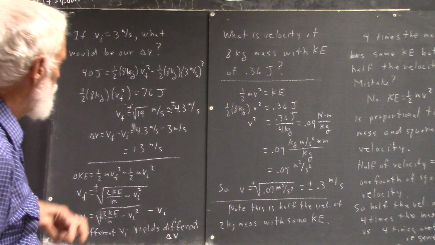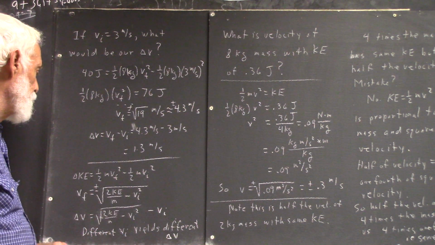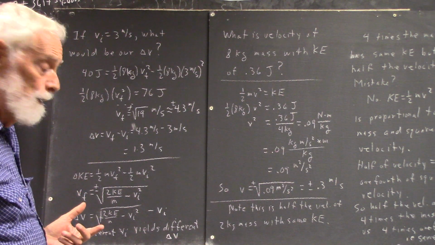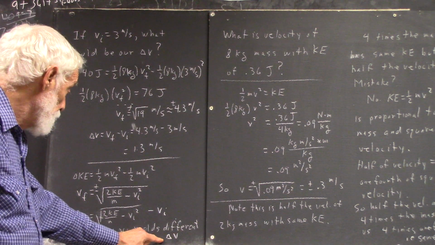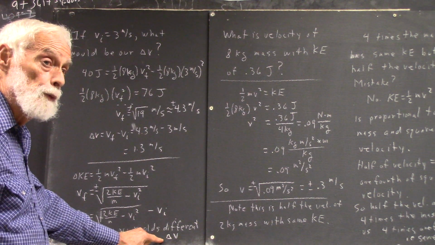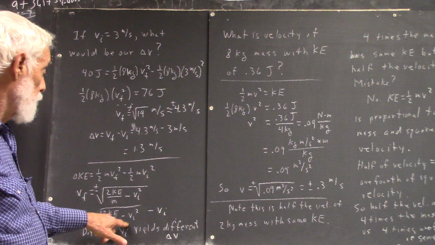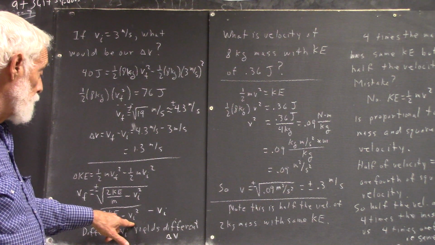And we can also, if we do just a little algebra analysis on this expression, see that the bigger VI is, the less your delta V is going to be. Okay? You can just think about it. If VI is really big, then the square root here is going to be pretty close to VI, isn't it? Okay? But it's going to be